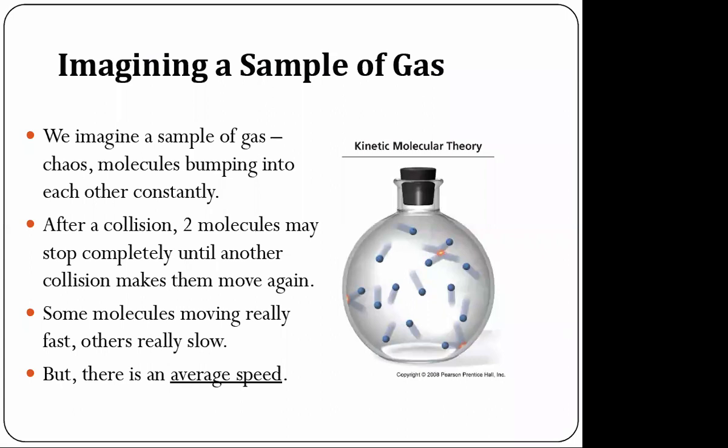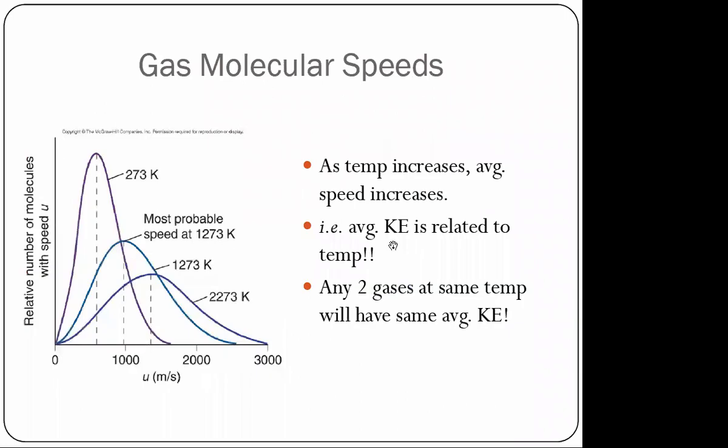And that helps us to come up with the concept of the average kinetic energy, which means that you have some of the molecules moving fast, some of the molecules moving slowly, but when you put them together, the average kinetic energy becomes constant. So this is also to illustrate what we're talking about. Now, if you look at 273 Kelvin, which is 0 degrees Celsius, you have this to be the velocity with which your gases are moving.